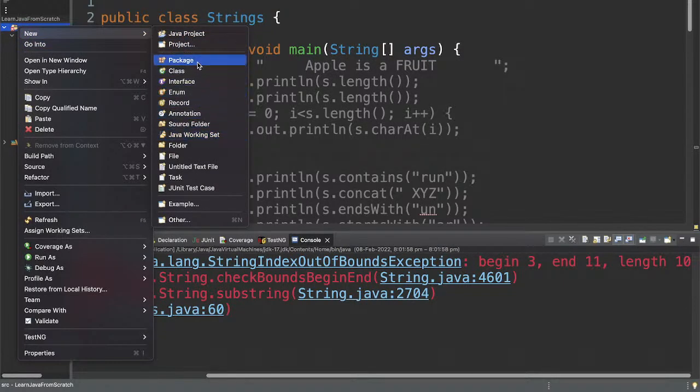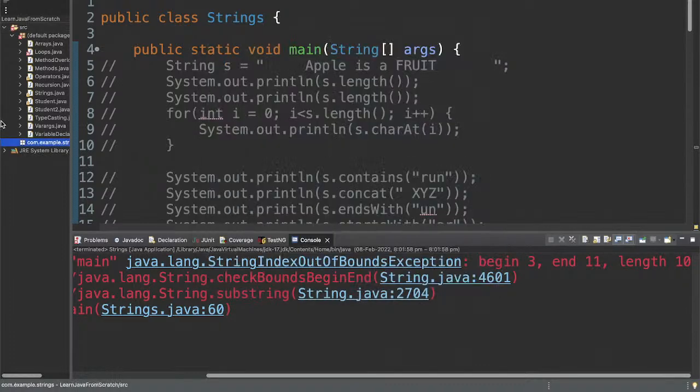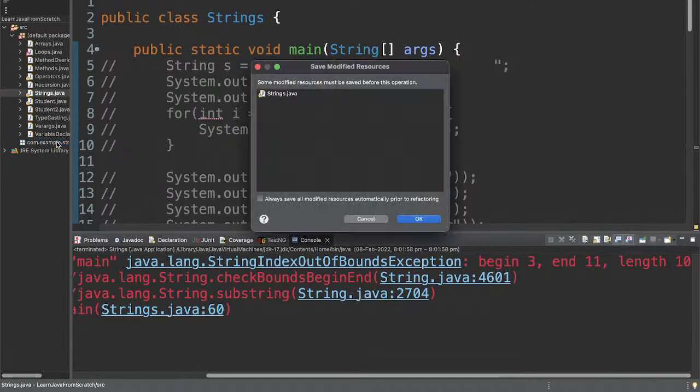There is the package option, yes, it is over here. So now let me name it com dot example. We'll see the naming convention, do not worry. And then if I make it string, now I place these strings into this package,